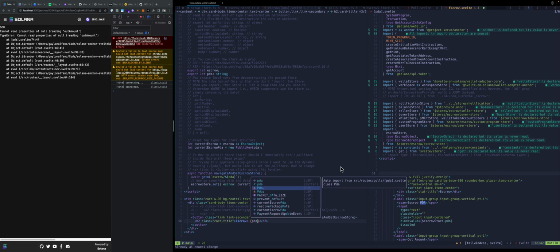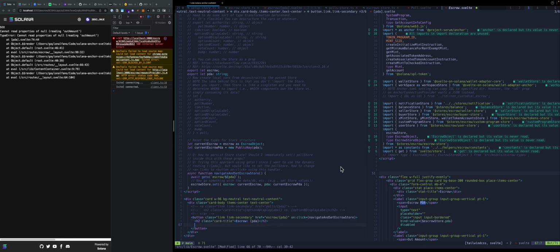I'll put in the PDA. And what I could do is it's going to display like escrow PDA, and it's also going to have